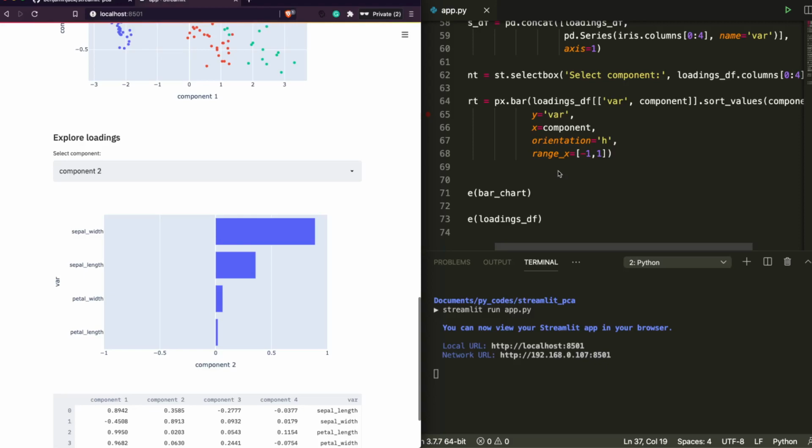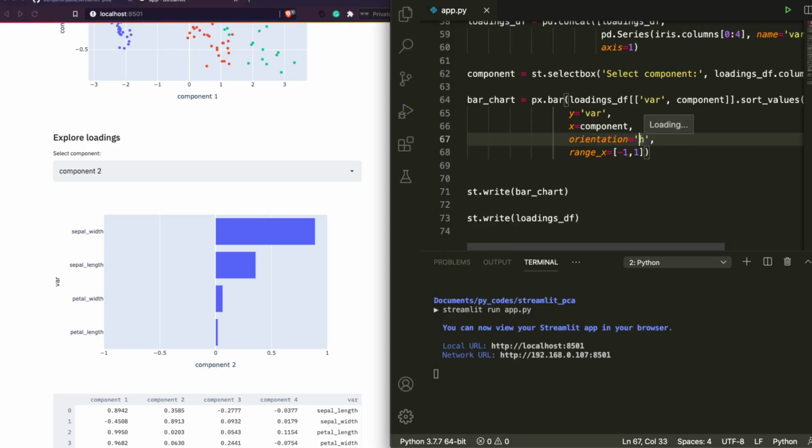You can change the orientation of the bars and make it vertical so that the chart looks different. If you watch my Plotly Express introduction, you would get to know this. So this is your axis, from -1 to +1 or whatever you would like to see, and then you write the bar chart, and finally you write the data frame.